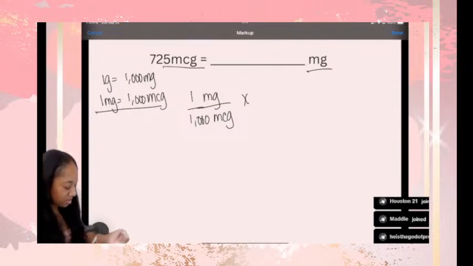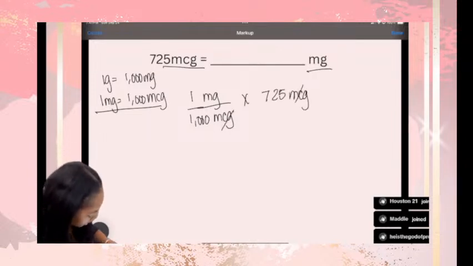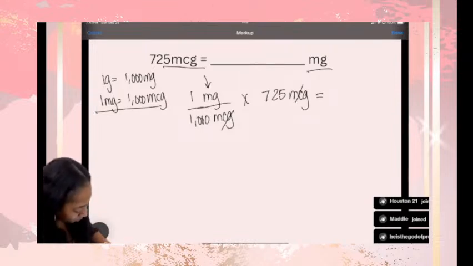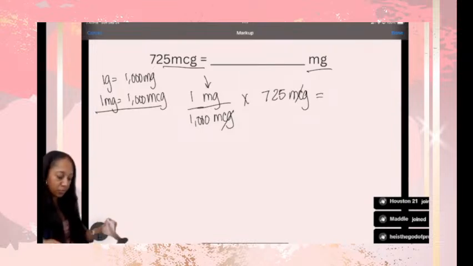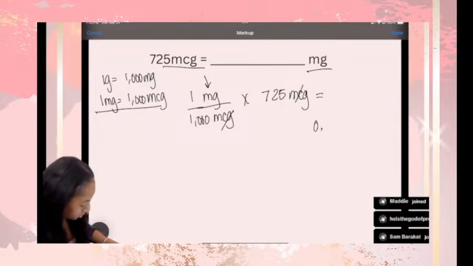So we'll go back to right here and have the micrograms that we are solving for, and we'll cross out, and you're left with milligram, okay? So now we can multiply across the top, multiply across the bottom, and divide. So 1 times 725 is 725, of course. Divided by 1,000 is going to be 0.725